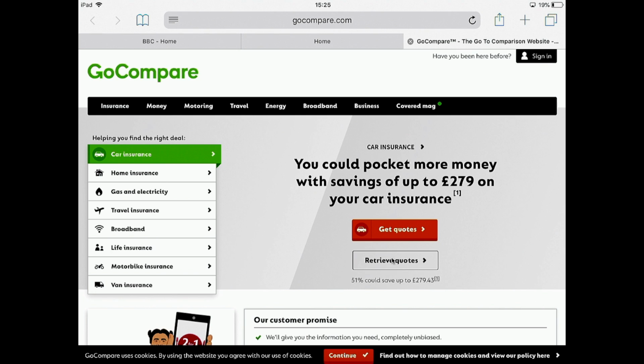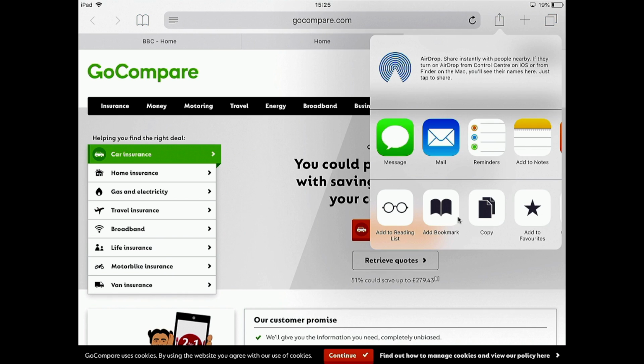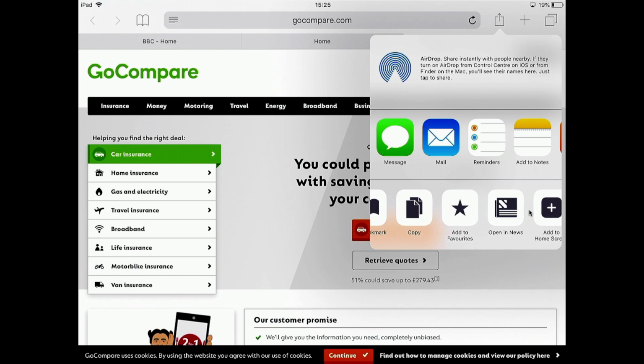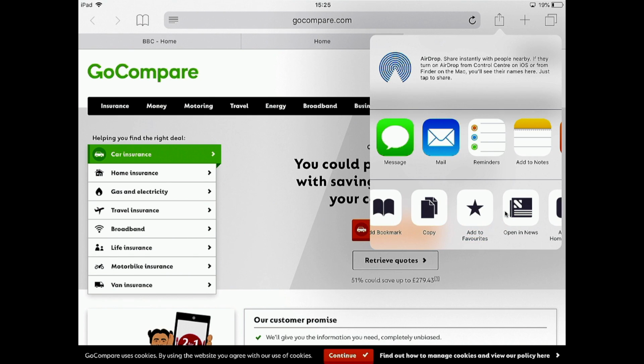Now I want to save that in with my favourites. So I now go up to here with this box with an upward arrow on it, touch on that. And the options I've got here, where it's got the star, it says add to favourites. If I touch that, it will add it to that list of favourites that you saw before. An alternative, if I wanted to add it onto my home page, it says add to home screen. But in this case, I don't want to add another icon to my home screen. I just want to add this to favourites. So I touch on that,